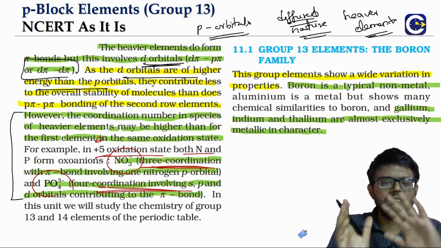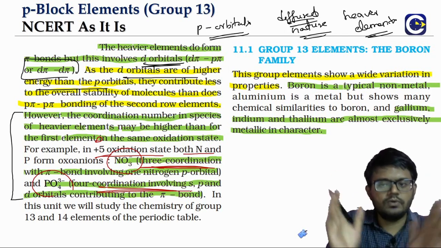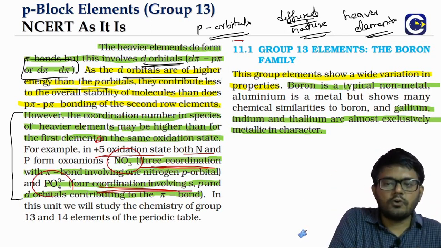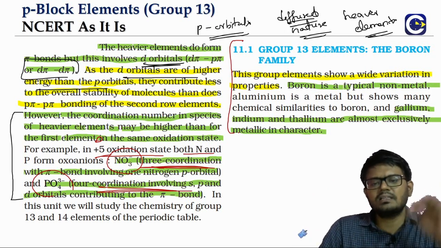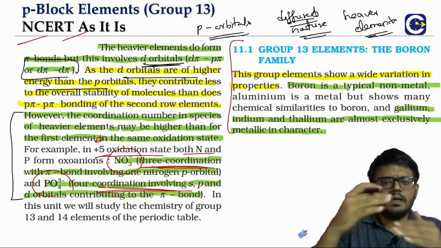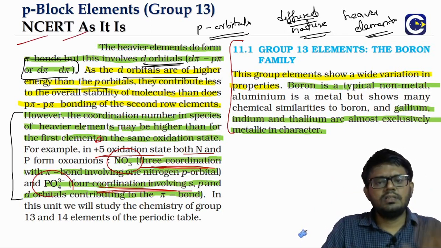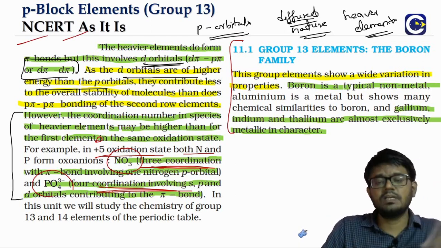So this is about the general idea of the p block. Now we are going to come to what is our focus here. It is the 13th group. Other things about the p block, in fact these multiple pi bonds, all these things we will again discuss when we go to the carbon family, the nitrogen family, the oxygen family. These things we will keep discussing because they will come in every group.